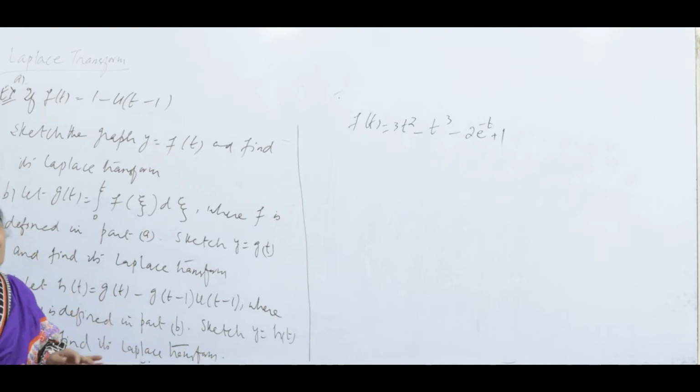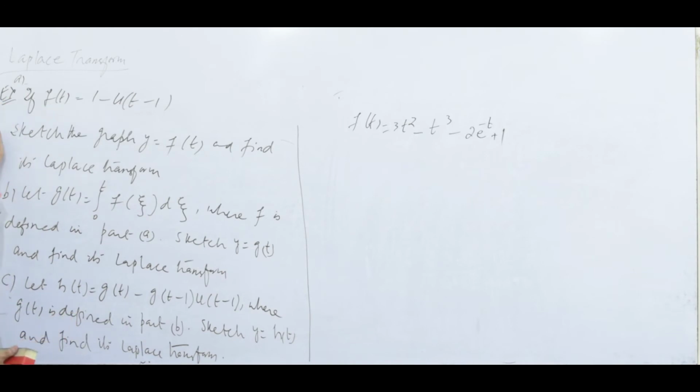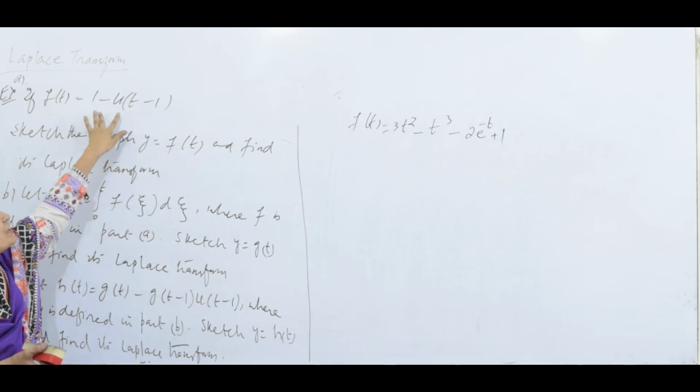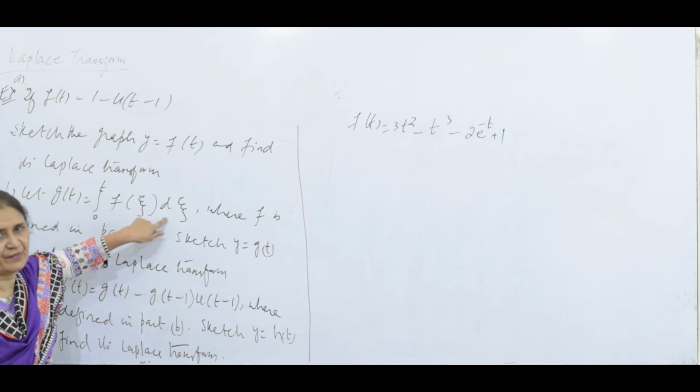Let us solve a problem in which you will see how to sketch. The question consists of three parts. Part A: f of t is 1 minus unit step t minus 1. Sketch the function and find its Laplace transform. This is part A. In part B, he has defined g of t as the integral from 0 to t of f of xi d xi, where